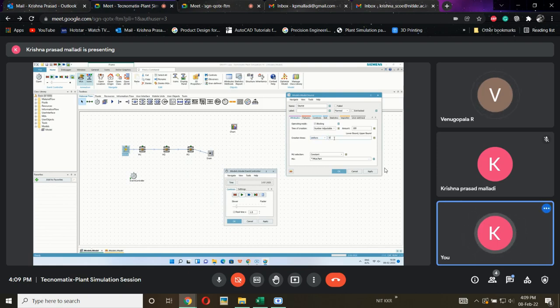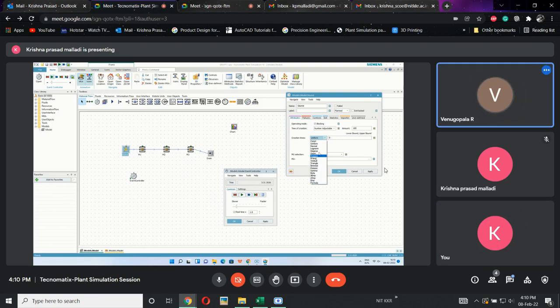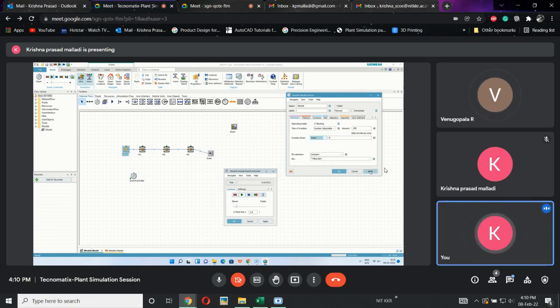I can maintain it. Yes. There is a binomial distribution, a normal distribution. If I want to increase the time, that can also be Poisson, that can also be possible. And we can define a separate formula also. Again, for this formula we will use some sort of methods, where we need to define what type of formula we are going to use. As of now, we are going to use this one. Apply.